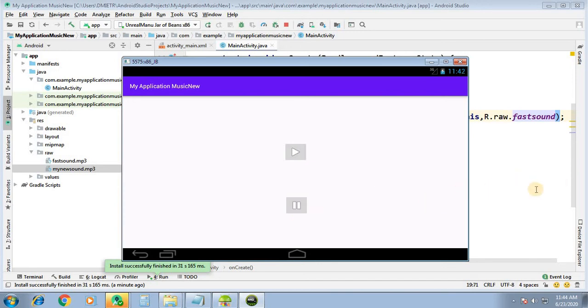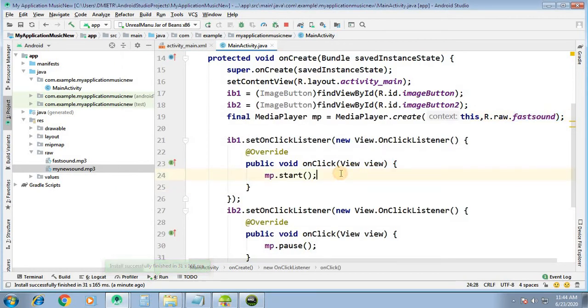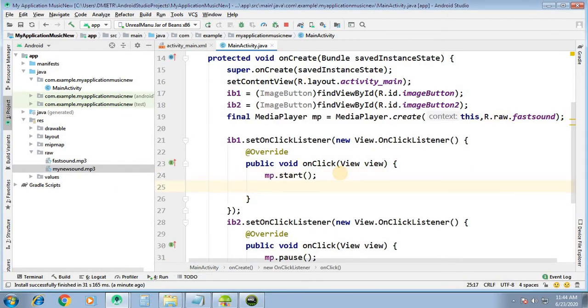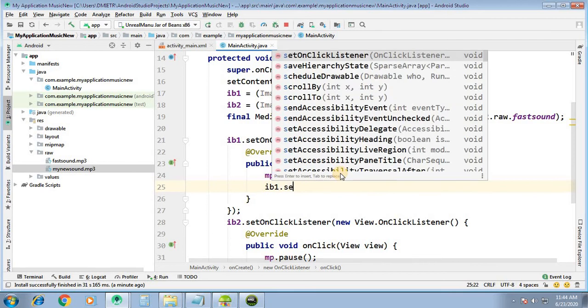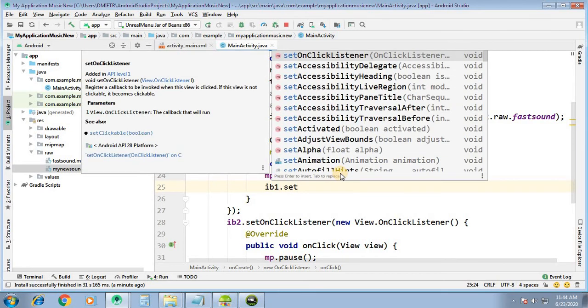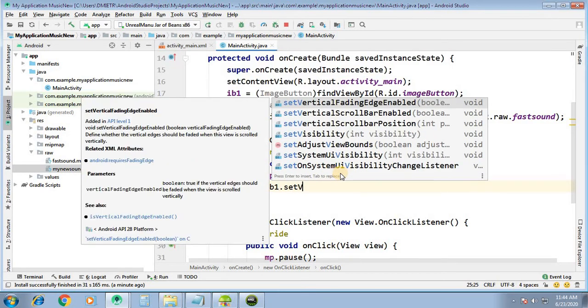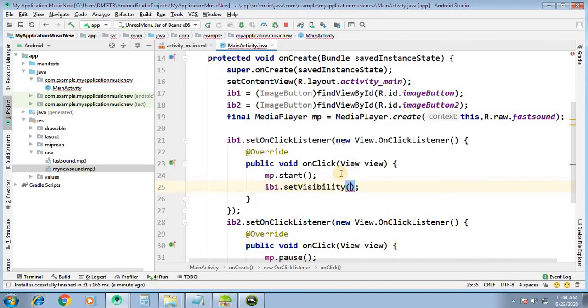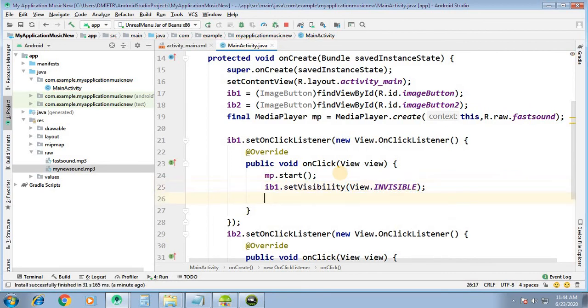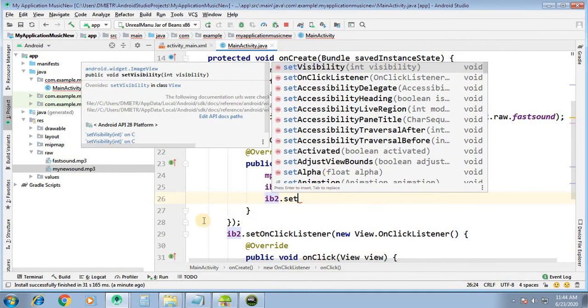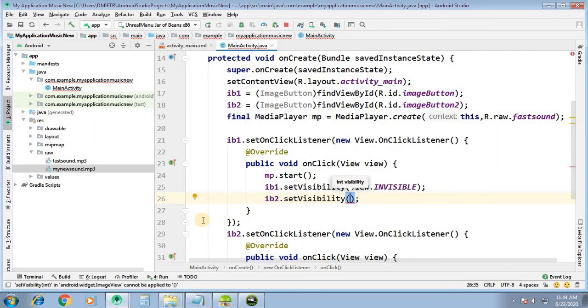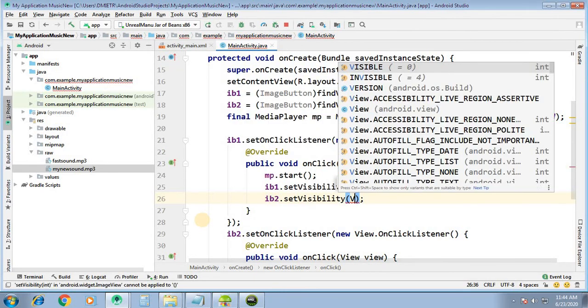Here what I have to do: IB1 dot set visibility, it should be invisible, and at the same time IB2 dot set visibility, IB2 should be visible.